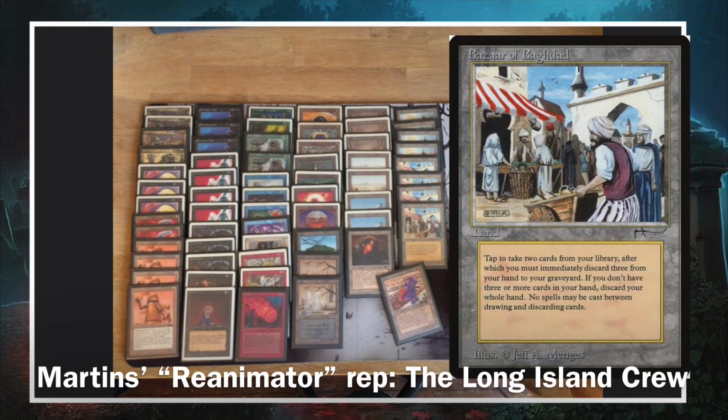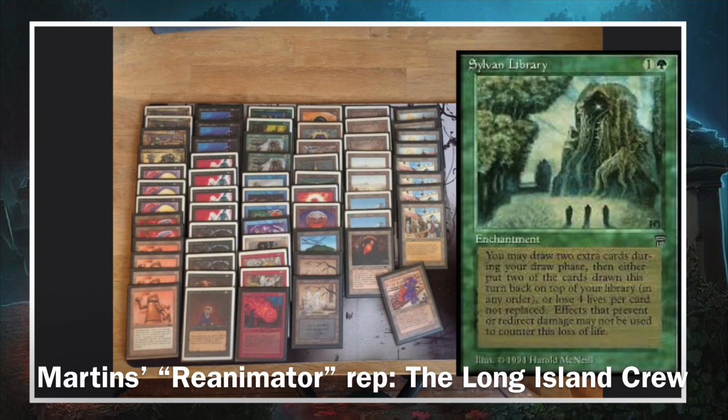The Bazaar of Baghdad also works well with the Sylvan Library, as we see here, because the Sylvan Library lets you look at the top 3 cards, and then you can use the Bazaar, just after you've used the Sylvan Library, to get the cards you don't want into the graveyard, like big fat creatures, and put whatever is not that in your hand. And then you can draw with the Sylvan Library a brand new 3 cards the turn after that,